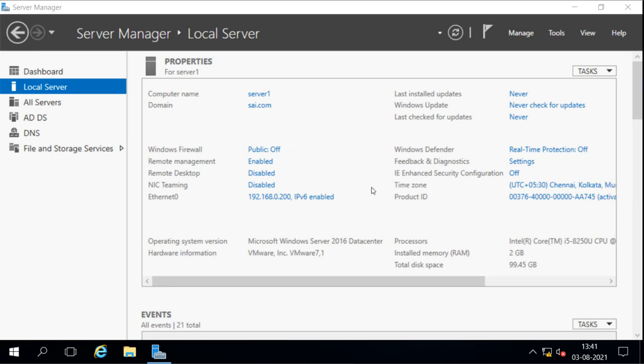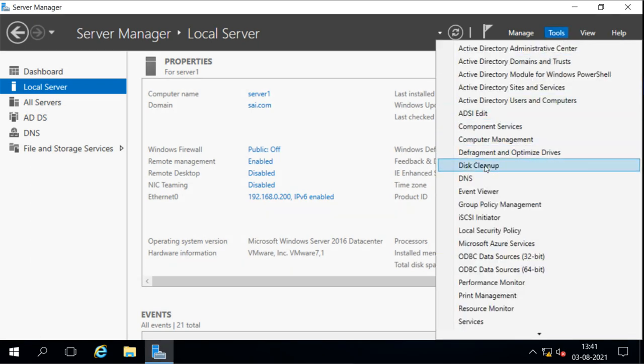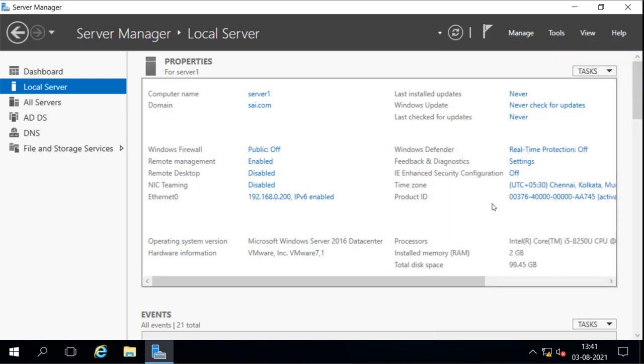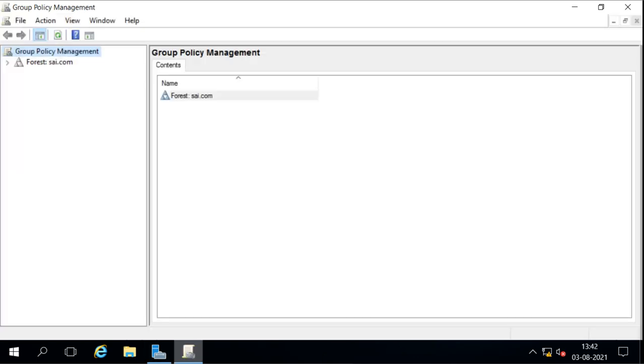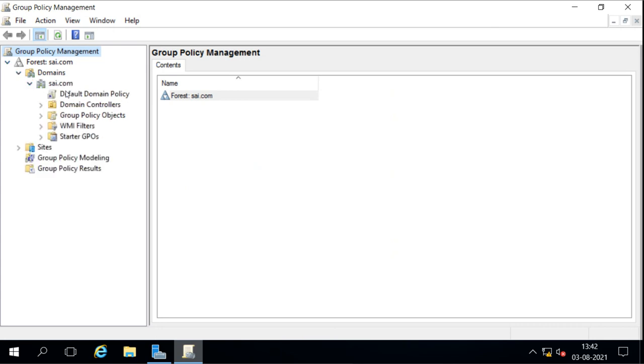This is our server 1 which is a domain controller, and under the domain controller we have group policy here under Group Policy Management. Under that, in the domain policies, it will create those policies after we run that command. This is Group Policy Management. Under the forest we have these domains. This is our domain, and under it we have only this Default Domain Policy. Now after running the command, it will create those policies here.